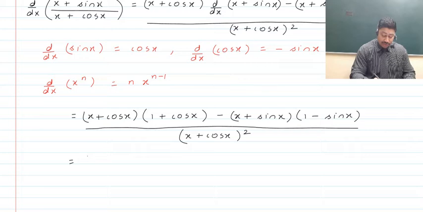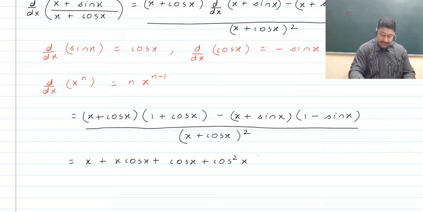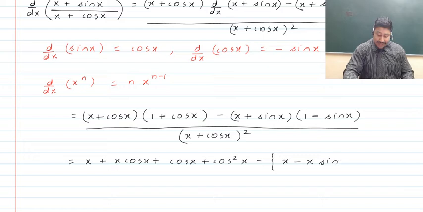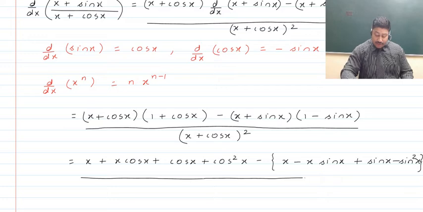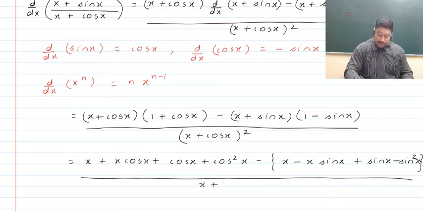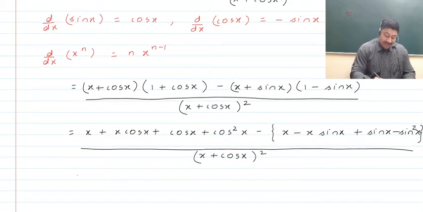So we now have the product of two binomials, which will give us x plus x cos x plus cos x plus cos square x. And from that is subtracted x minus x sine x plus sine x minus sine square x, right? So in the denominator, as we already had, we have the square of x plus cos x, right? So this is it. Now children, we will further try and cancel off some terms which are identical and share